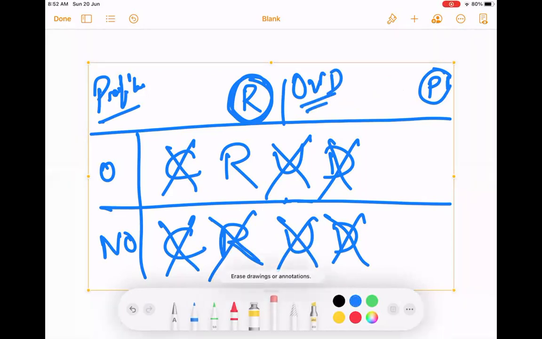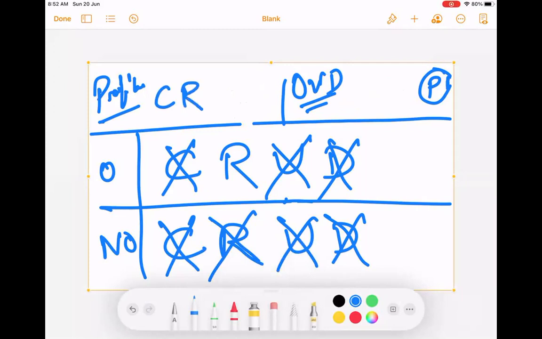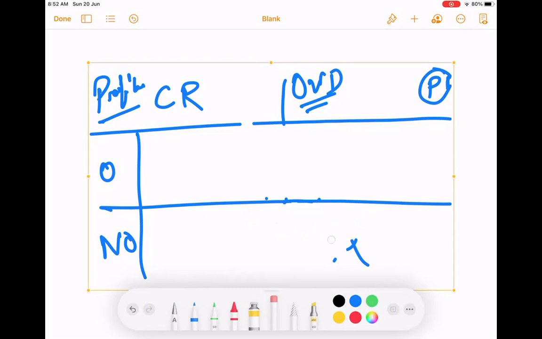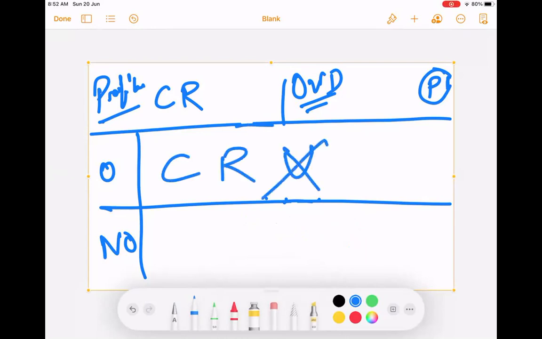Now let's give more permission. I have given create and read. What happens now? Can I create? Yes. I can read. Yes. I cannot update. I cannot delete.